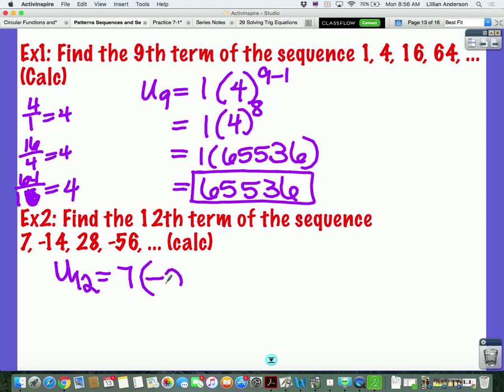-2. And then you raised it to the 11th power. Now, one thing that I saw in your paper that I just kind of want to make sure